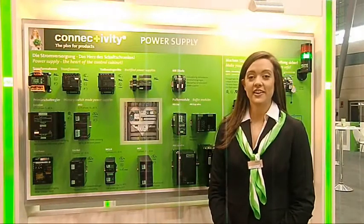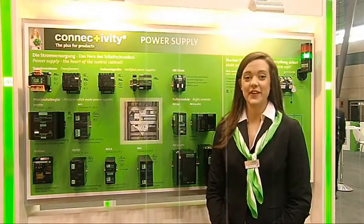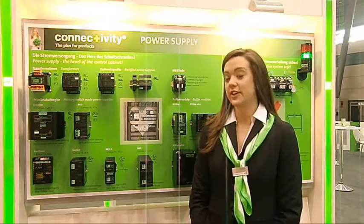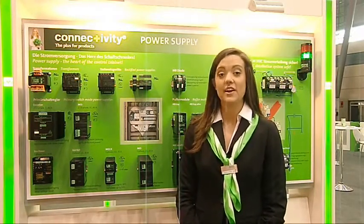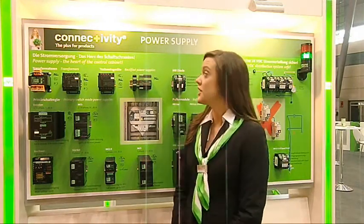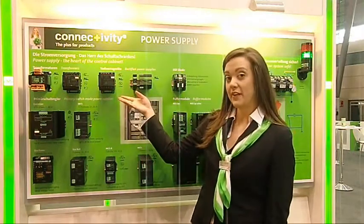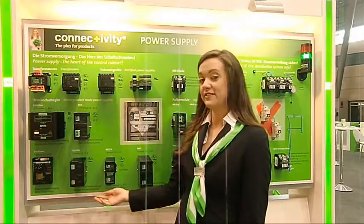Power supplies are the heart of the control cabinet. Murrelektronik has a complete range of components for the heart of your control cabinet. To convert high input voltage, for example, 110 volts or 380 volts, to the output voltage you need, for example, 12 volts or 24 volts, we offer transformers, rectified power supplies, primary switch mode power supplies, and the single-phase primary